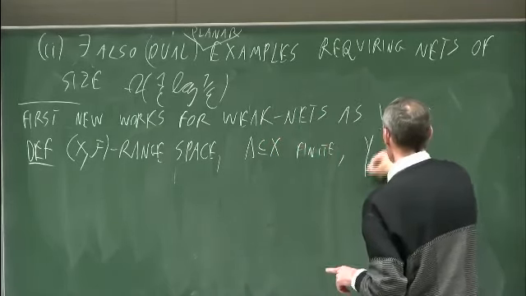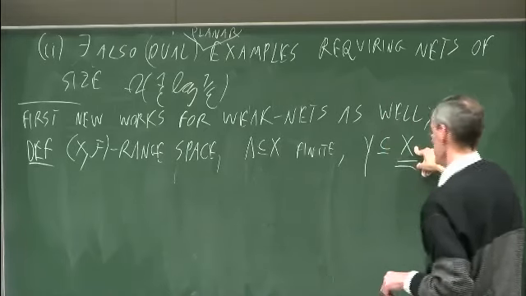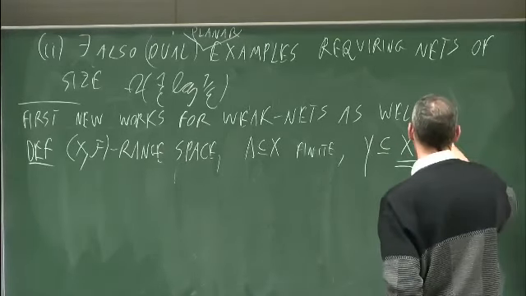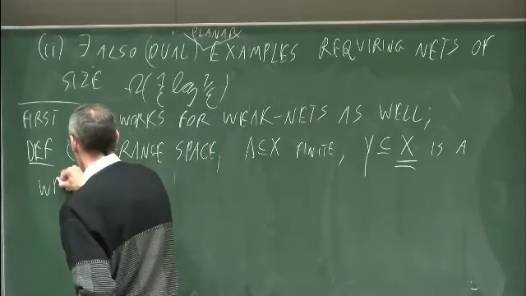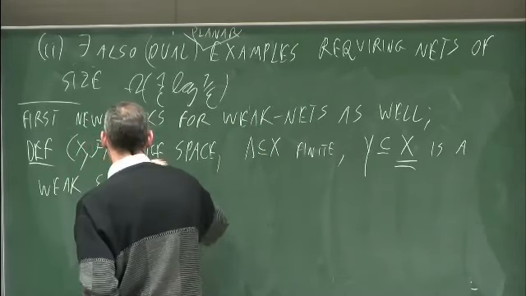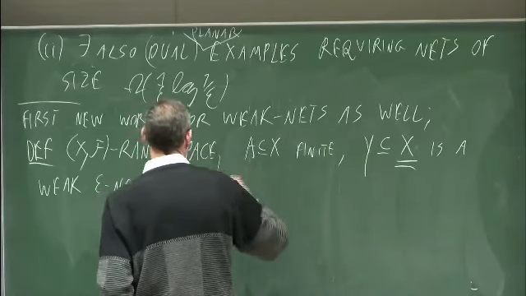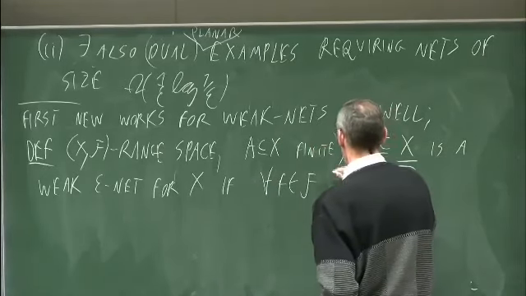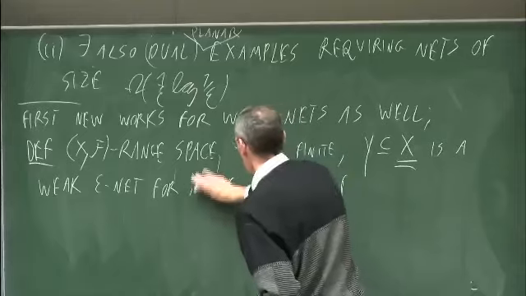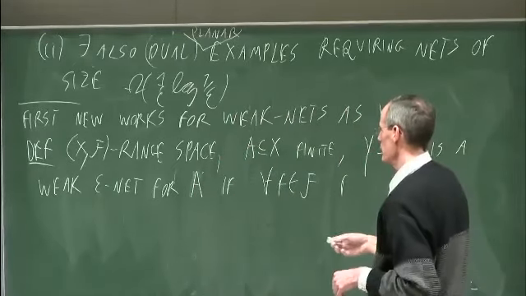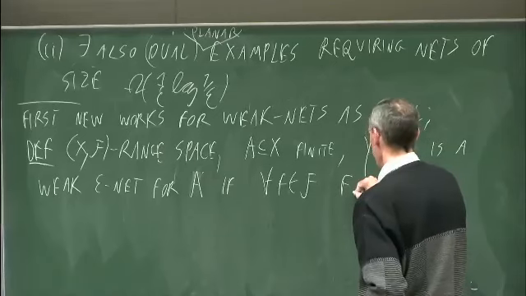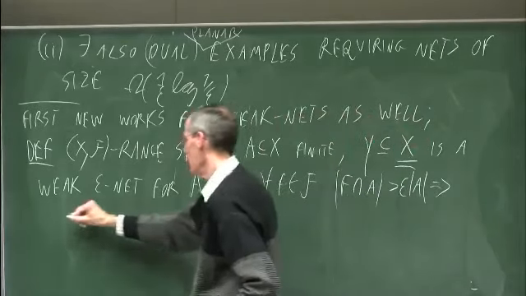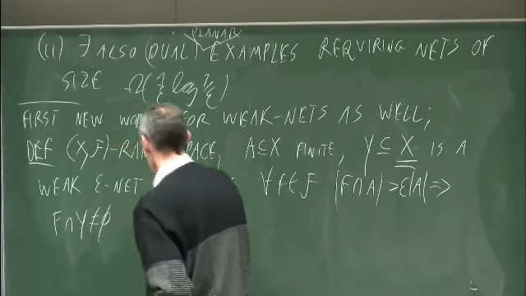And now Y, a subset of X. Note that this time I wrote X and not A deliberately, so it is not necessarily a subset of A. Y is a weak epsilon net for A with respect to the ranges in F if for every range f in F, if f intersects A by at least epsilon |A|, then f intersects Y, so it's exactly as before, but